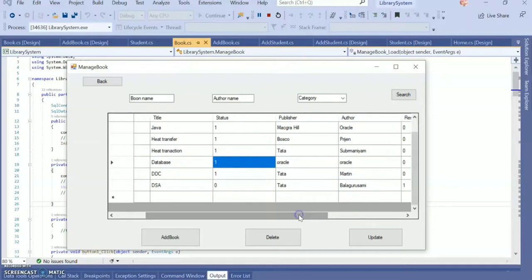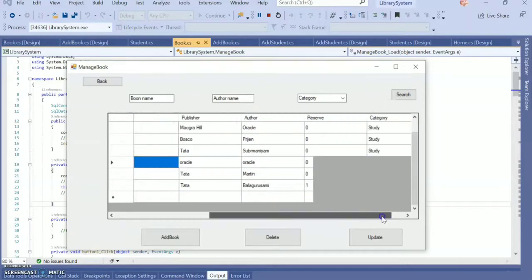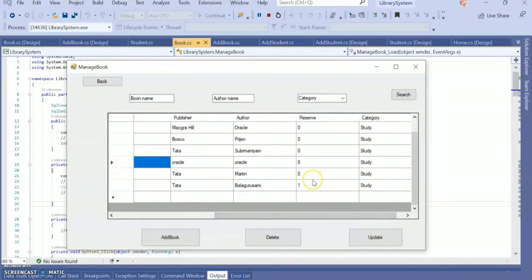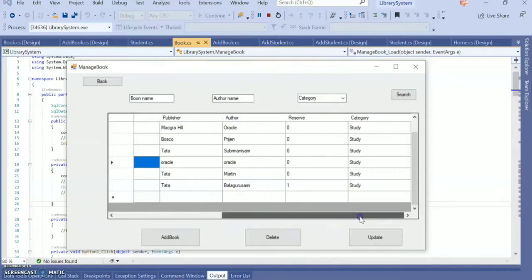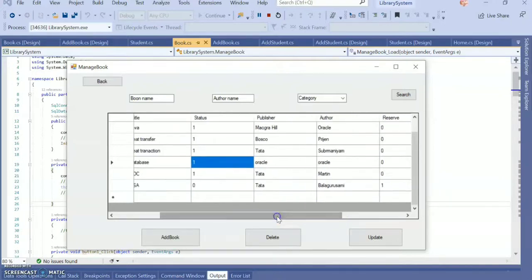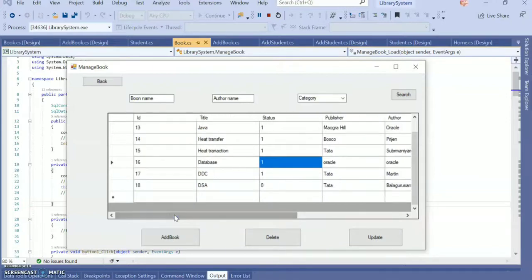Then the publisher name, author name, and reserve. Reserve equal to 0 means this book is reserved for students, and reserve equal to 1 means this book is reserved for faculty, because in our system both students and faculty are available. So that is the add operation, and you can see all the books are available.